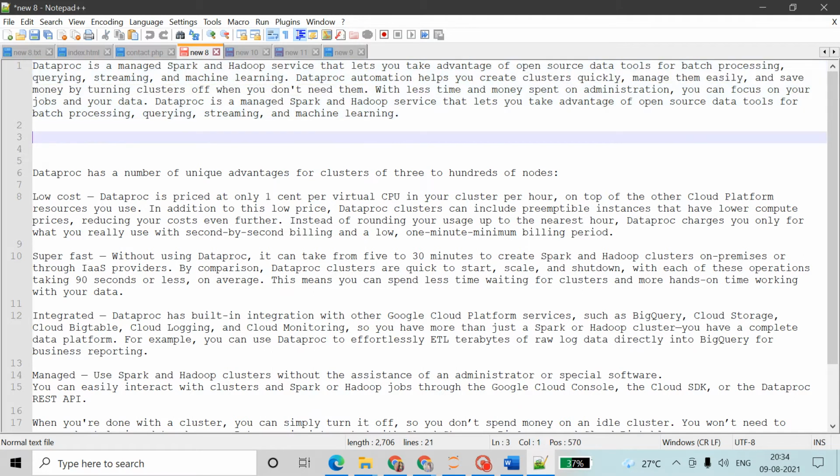Some new words are popping up: Spark and Hadoop. What are they? Spark and Hadoop are big data tools. In big data, we have many tools like Apache Hadoop, Spark, Impala, Hive. So many things are there.